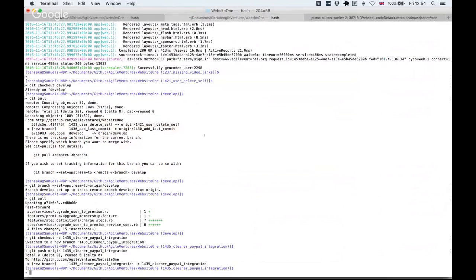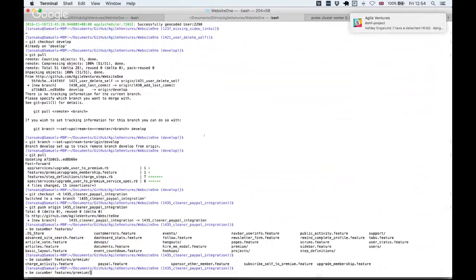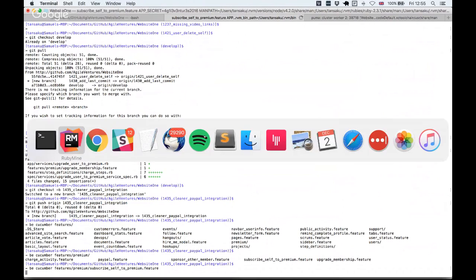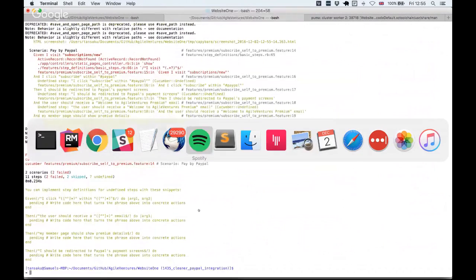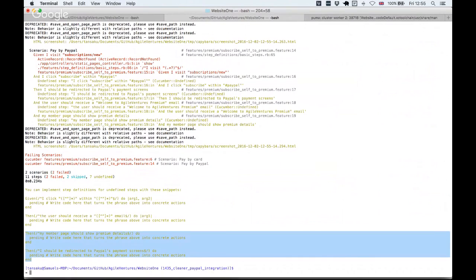But so if we features, no, it's not support. No, it is in the premium, and then subscribe self to premium. Okay. So that should give us lots of little things to do. Okay. Yeah. I would have thought that the within thing was already supported. I'm surprised about that. Yeah, so we've got a couple of things there. Those two,